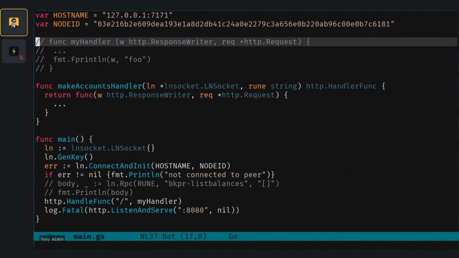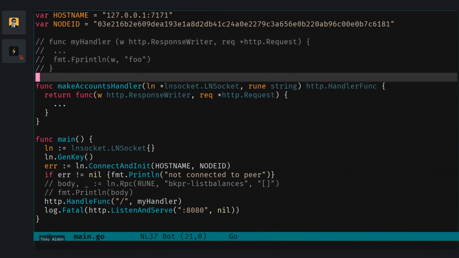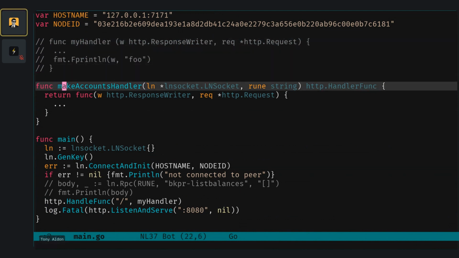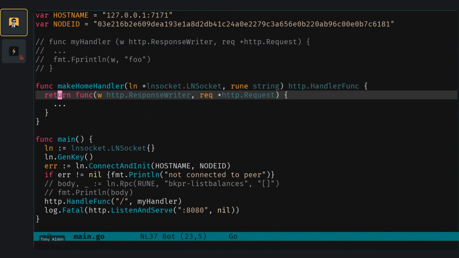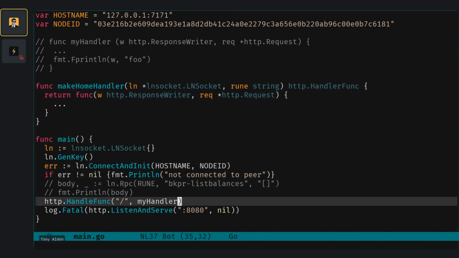So we comment out this one. Make account handler. We are going to call it make home because we want to use it in the home. So now we can change that one. And what we want is to pass it